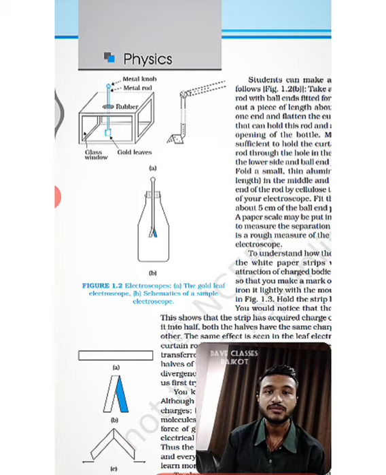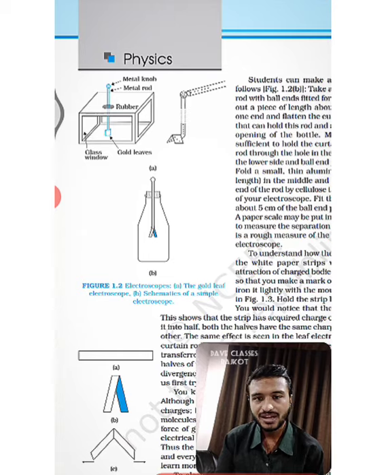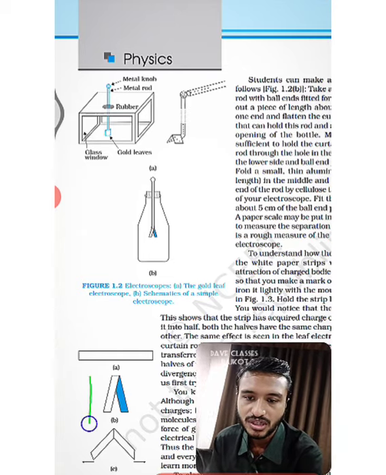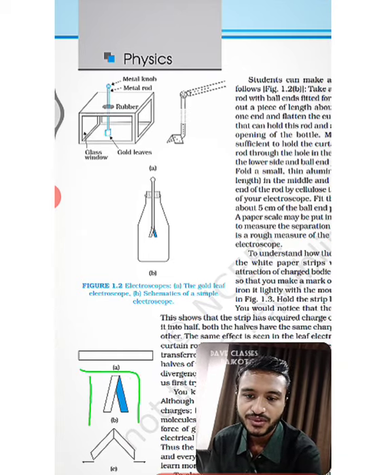In the electroscope we had seen that it was of gold leaf, but how can we prepare this? Instead of gold we can use aluminium foil. Aluminium foil is cheaply available in the market and almost everywhere else. So you can prepare it like this. This is how the aluminium foil has been attached.